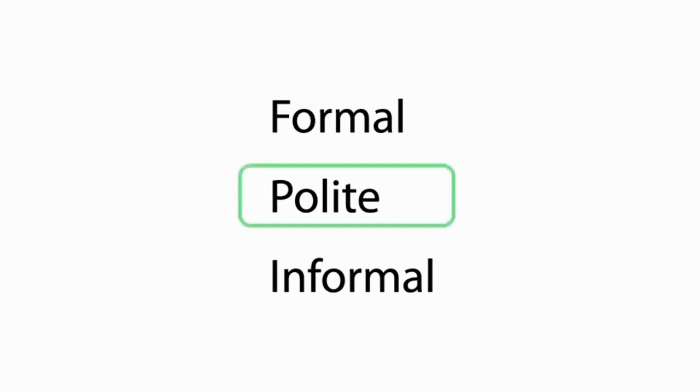Korean speech levels. There are 7 speech levels in Korean, and each level has its own unique set of verb endings, which are used to indicate the level of formality of a situation. You don't have to worry about the speech levels since some speech levels are rarely used. The most common ones are formal, polite, and the informal level. In this video, we will use the polite form since it's the most common form and can easily be turned into the informal form.